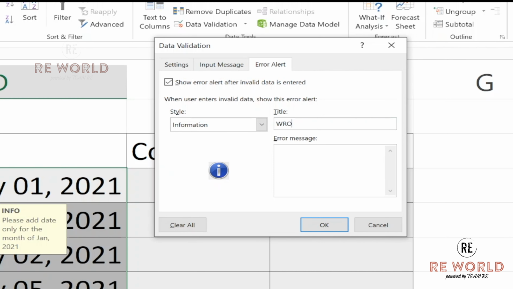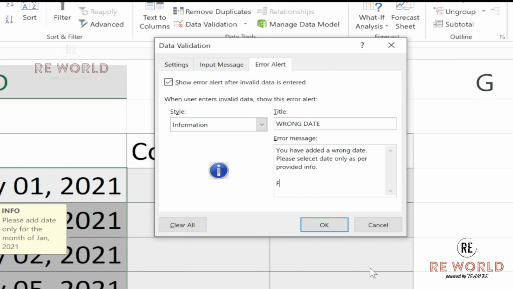Title, wrong date. So I will input a message here. You have added a wrong date. Please select date only as per provided info.